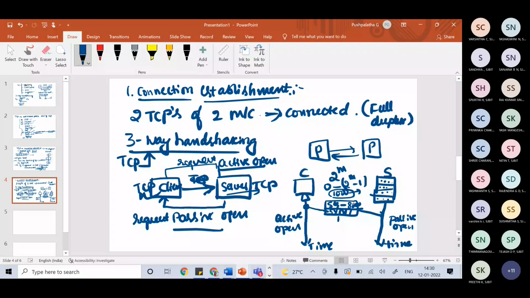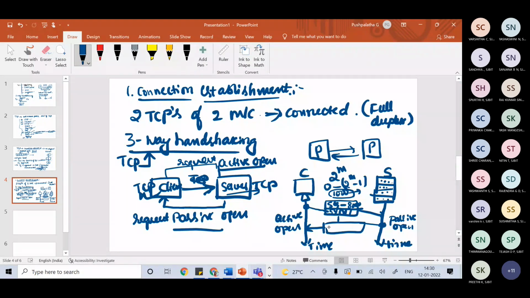So second, the first step, the first phase, is that we have sent the request. Second, the server, at some particular instant, will try to send the second segment to the client.